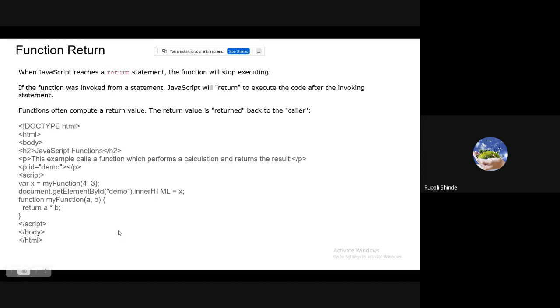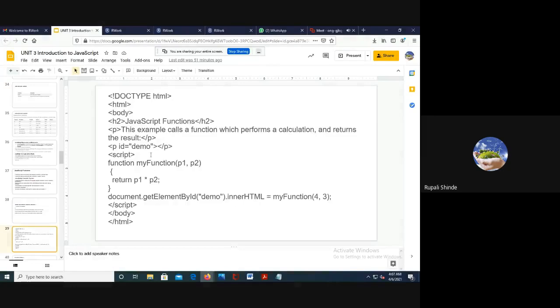So we have to execute it and check what happened here.